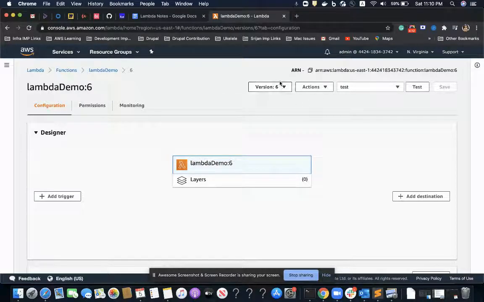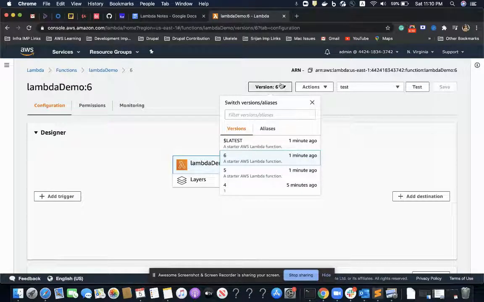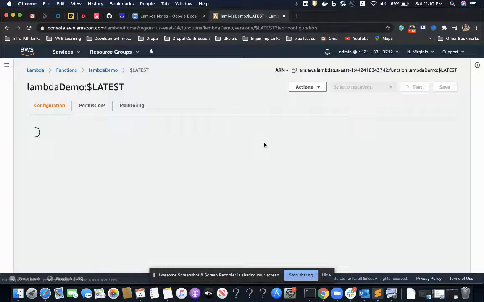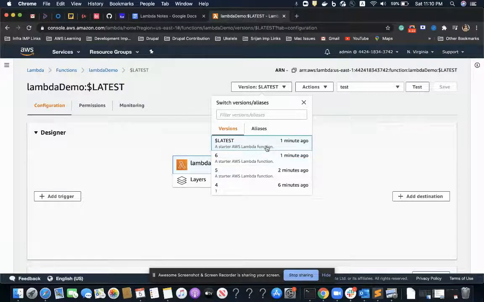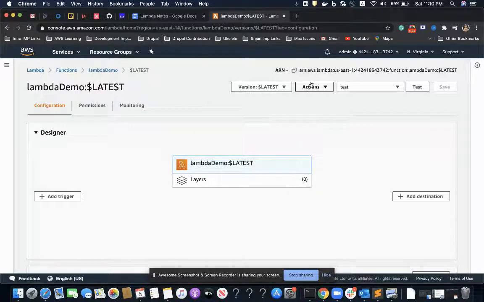I cannot do so, because whenever I make any change to my latest code, I have to publish a new version, and that would not be reflected to my resources like API Gateway or DynamoDB. So in that case, one more thing comes to our rescue, called aliases.